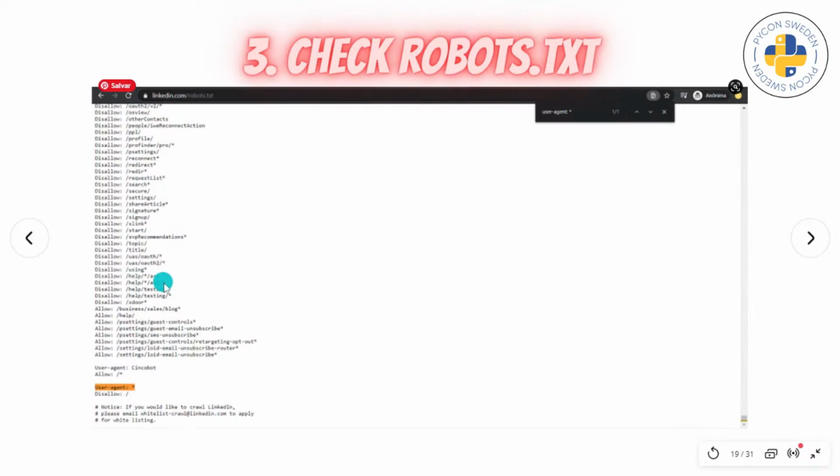Yeah, you can see here that if you look for user agent, that is what you should look for to see if scraping is allowed or disallowed. You're going to see that disallow has basically the whole website. So everything after this, meaning literally everything in the website, is not allowed for web scraping.